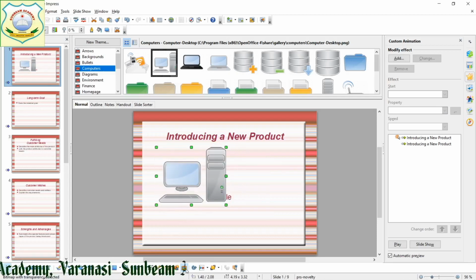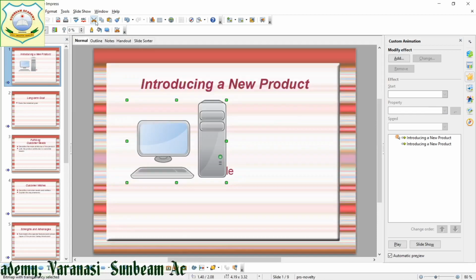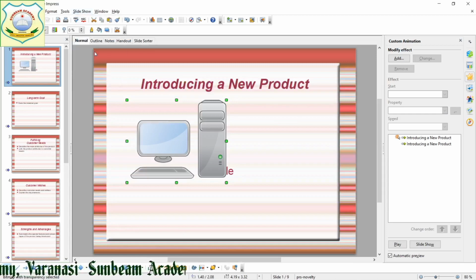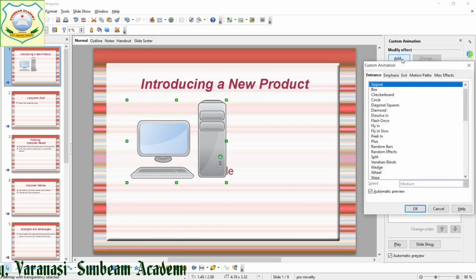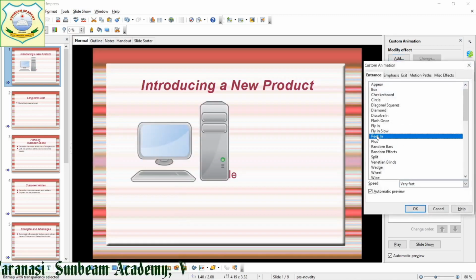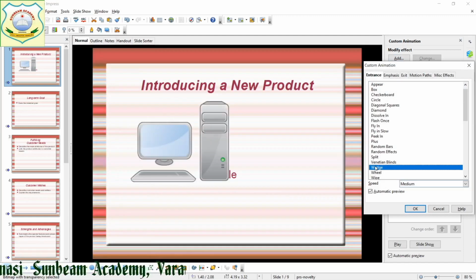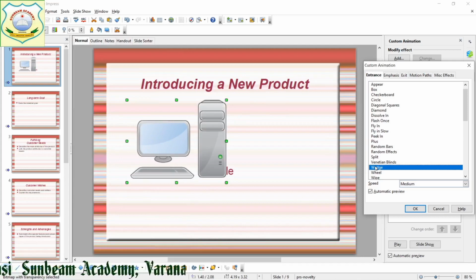To animate this picture, what to do? Select the picture, slideshow, then custom animation. Into this, add effect. What do you want? Suppose peek in. Whatever you want will be applied to your object. By this, we can animate text and objects.